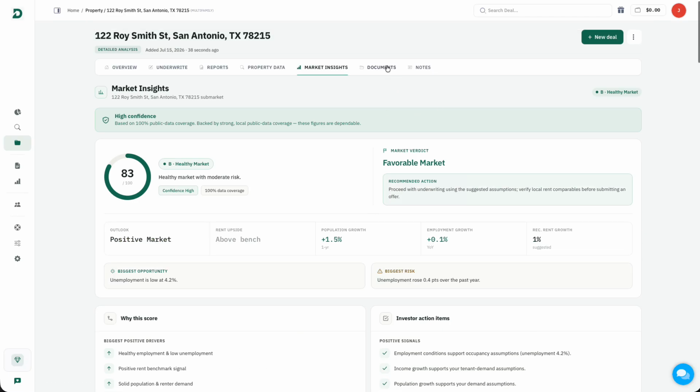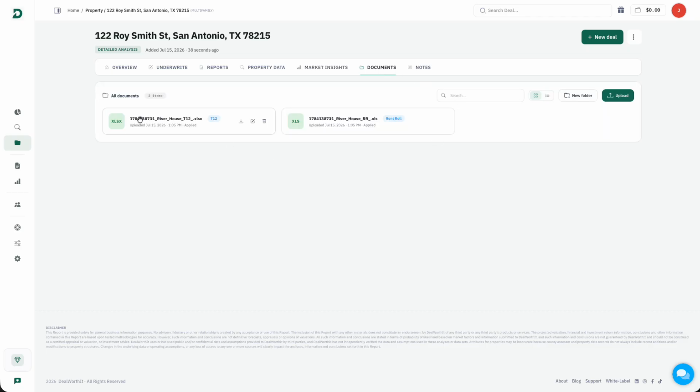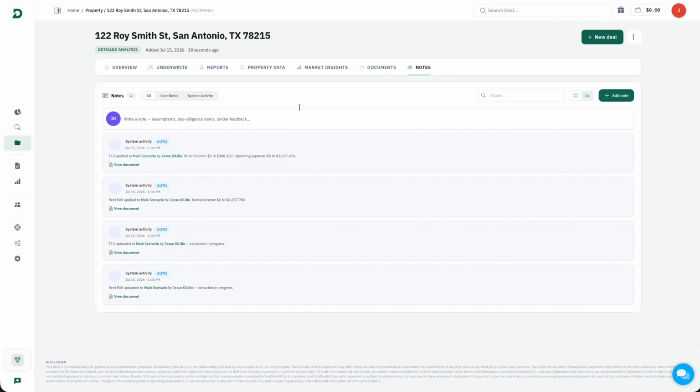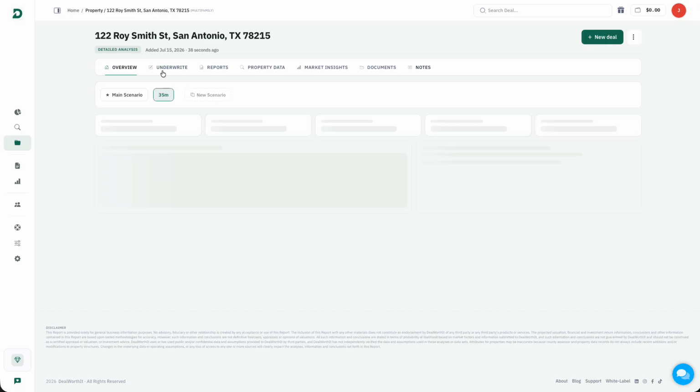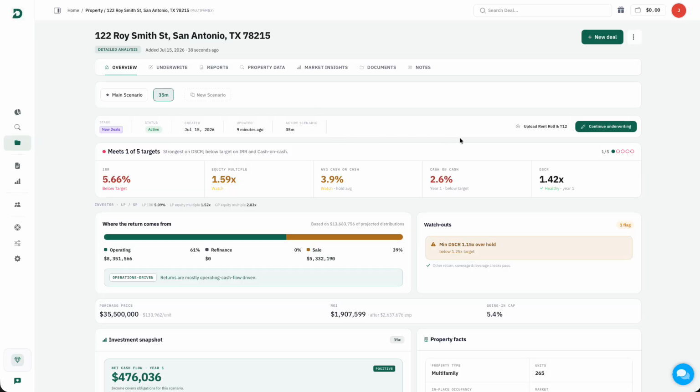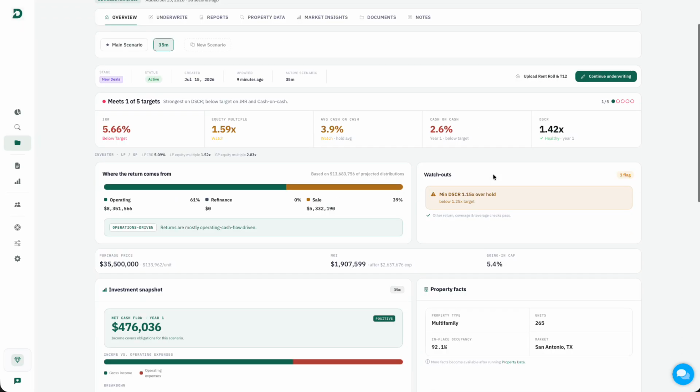You can see the documents that we've uploaded so far to this deal, such as the rent roll and the T12, and then any sort of notes that you have on the deal. So super quick, super easy. That took me a couple minutes. I was able to almost fully underwrite a deal. Obviously, we would go a little bit deeper with some of those projections as we moved through something like this,